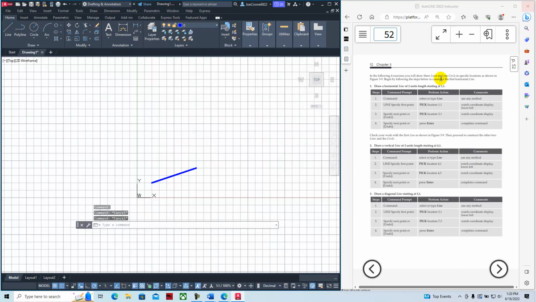We'll come back to that as we get working with it. So location 3, 1 would be 3 units over and 1 unit up. 1, 1 would be 1 unit over and 1 unit up. And since the grid is at 1/2 inch, it would be 2 grid marks. Some of the other ways to draw lines would be with